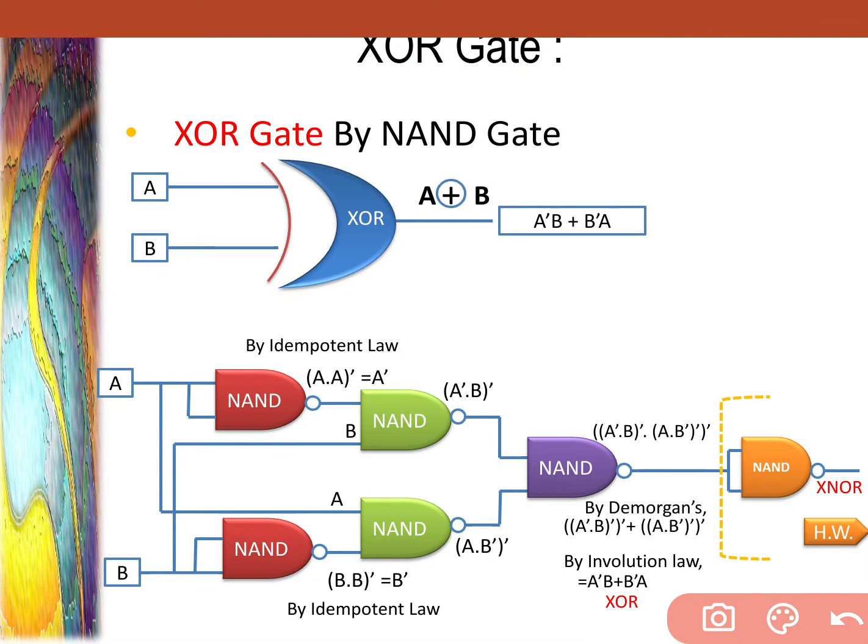And if we want to create XNOR, we can send our expression of XOR 2 times through a NAND gate and we can have XNOR, because this expression whole dash we want in XNOR and NAND can provide us whole dash. And this one is for homework. You have to provide the same signal 2 times through a NAND gate and see what will happen and how we are going to produce the XNOR gate.